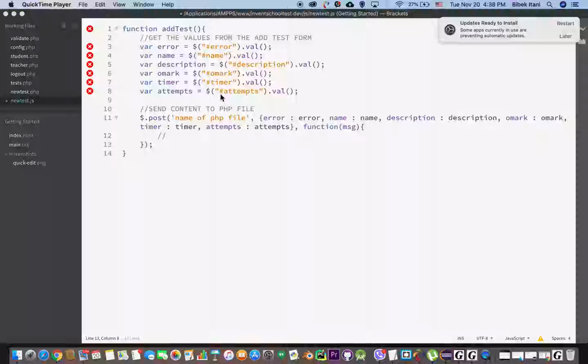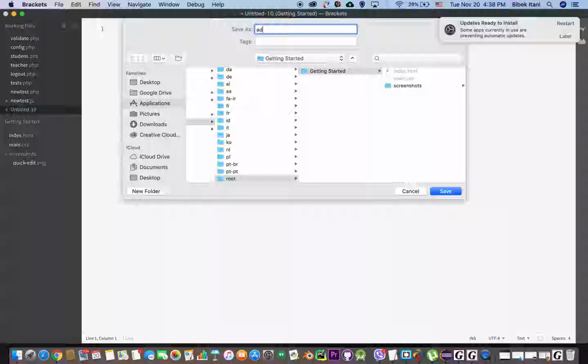Yeah, and we're just going to continue from where we left off in the previous video, which is adding the test to a database. So this video will conclude that process. This Ajax call will post to the name of the PHP file. That means we must have a new PHP file which will handle the addition of the test into a database. So this file will be called maybe add